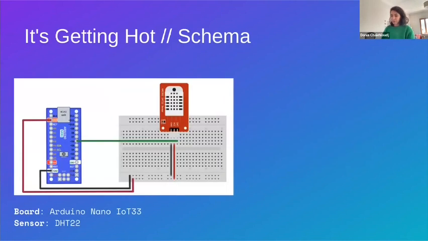This is the schema of the circuit. Here we have the Arduino Nano that I just showed you. And here is the sensor, called the DHT22, and it's taking the humidity and the temperature. So basically in black here, you can see that pin ground is plugged to pin ground on the Arduino. In red, we have the voltage, plugged to the voltage, 3 volts. And this pin is the data, and it's plugged to D6 on the Arduino, which is important, the D6. So in real life, it looks like this. It's less sexy, but it does the job.